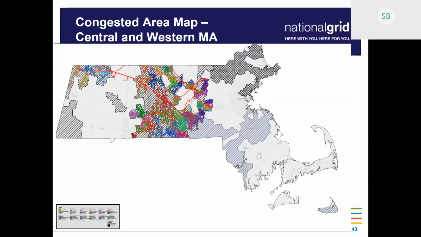We have put up on the website a list of all those substations with the towns that those substations are located in. I want to say it's in two different places on the website. If you can't find it, reach out to one of the job owners. I can definitely help you find it. But there is a list that exists now that breaks this down a little bit further so you know exactly what substations are impacted.